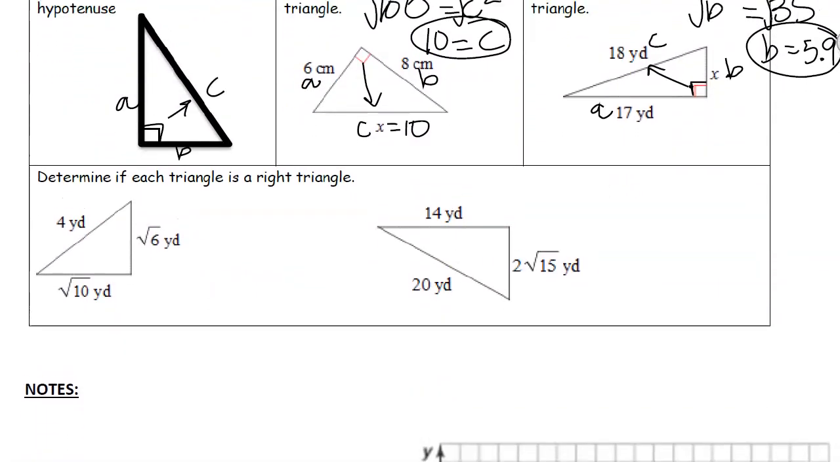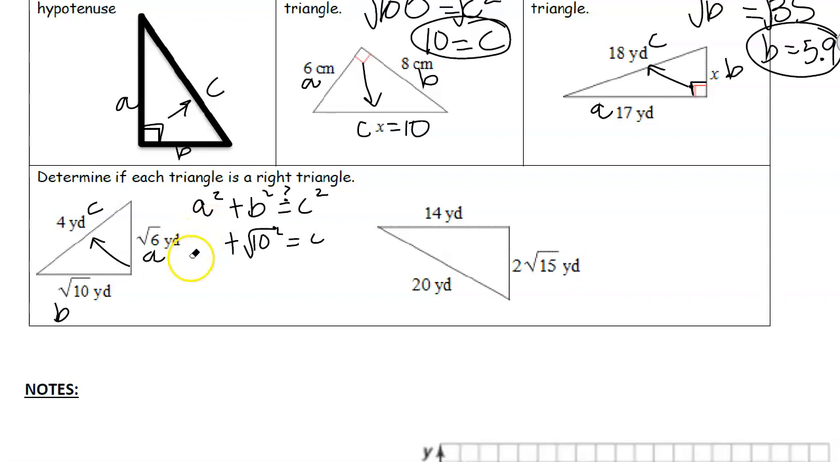So here it says determine if each triangle is a right triangle. That one is just A squared plus B squared. Does it equal C squared? So again, right across, that's my C. So the other ones are A and B. If you see right here, these already have a square root, that's okay. So what you're going to do is 4 squared plus square root of 10 squared is equal,